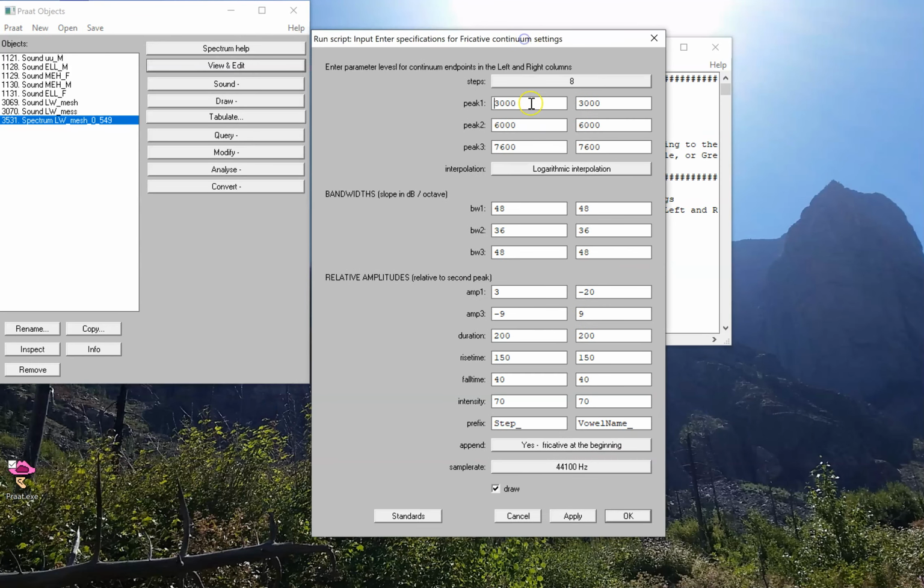So if we call up our script, here I have just numbers that are a little higher than before. So I'm starting with 3,000, then 6,000, and then a little bit below 8,000. I'm going to keep those numbers the same, and what I'm going to do is change the relative amplitudes. Because again, if we look at this spectrum, we can get a sense of the amplitude here. It's about 27. This one's a little bit lower. Down here, this is a little bit lower than that. So I can use this spectrum as a guide to see how much the intensity should drop off across the continuum. So with this set of parameters, I'm going to let it run, and I'm going to select her vowel